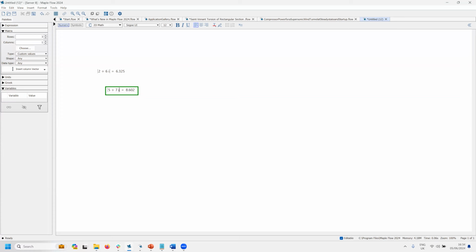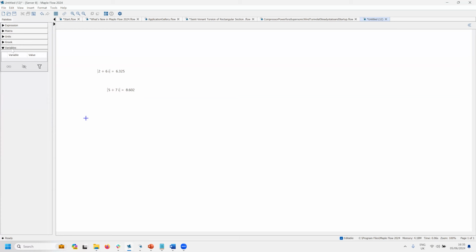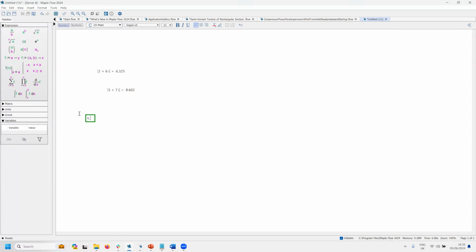Another person asks, is there a way to insert a greater than or equal symbol? There is, yes. Typically, I use Boolean comparisons like that when I'm constructing a piecewise function. So let me just prototype one quickly. All right, so this is just a piecewise function. Let's say I want to return a value of 3 if x is greater than or equal to 5. So I type in x,